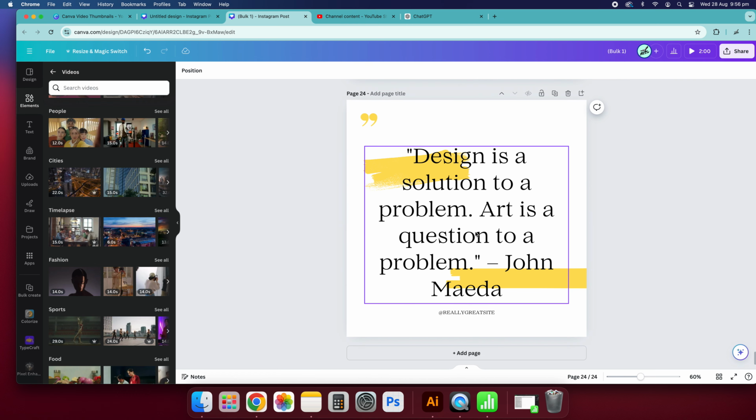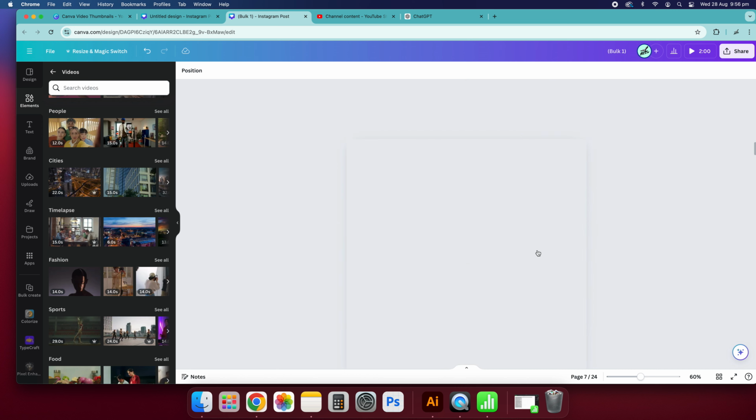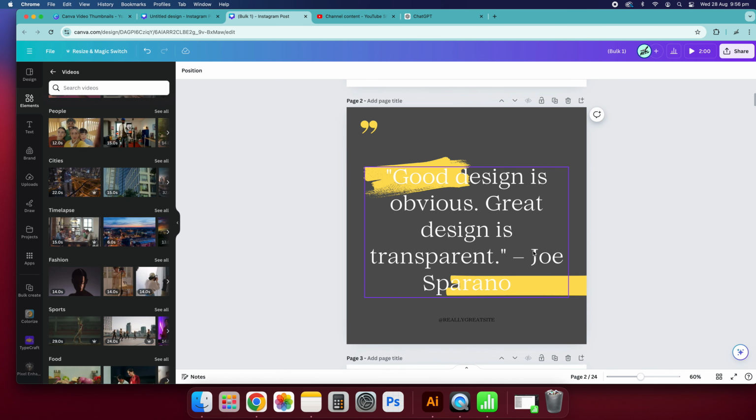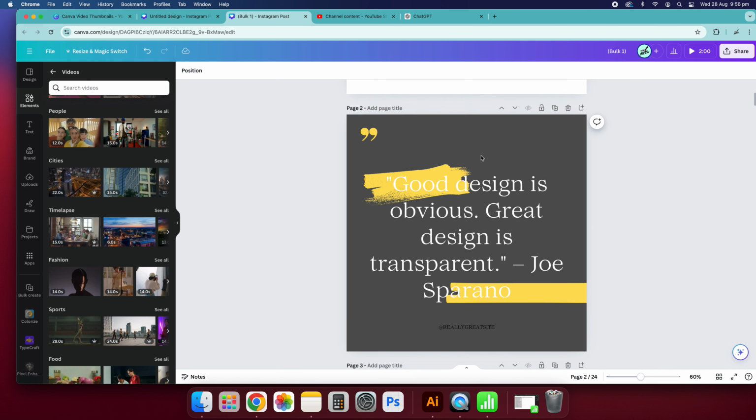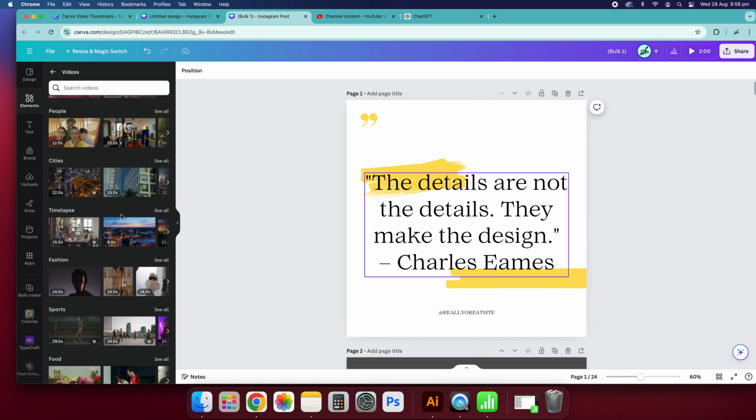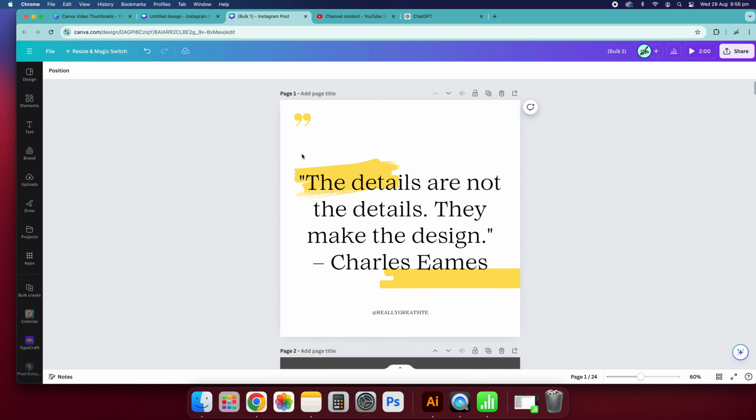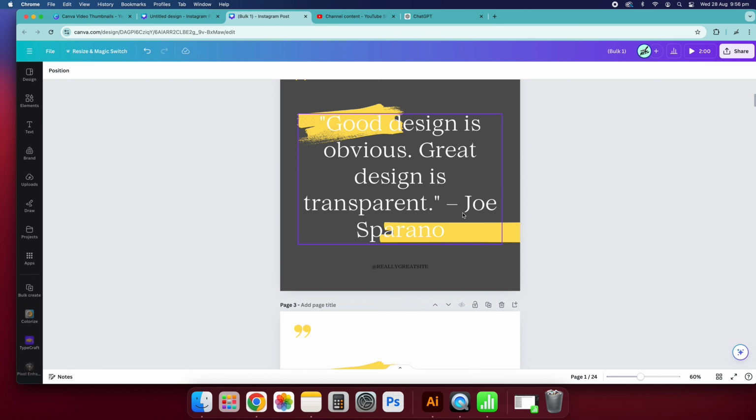So this is where you can basically customize each one of these canvases and make them unique. So you're not obviously repeating the same style of content over and over again as well. So it's a nice way to just speed up the process if you've got a lot of content. So yeah,